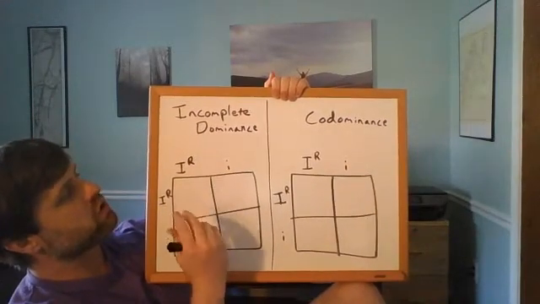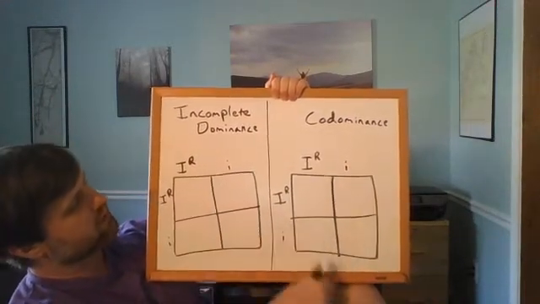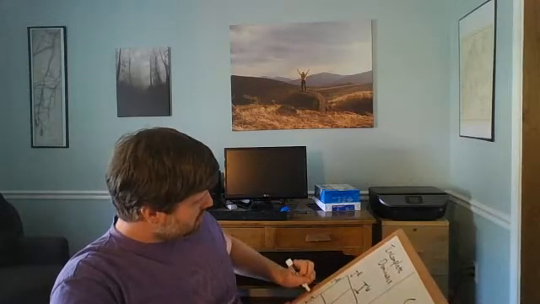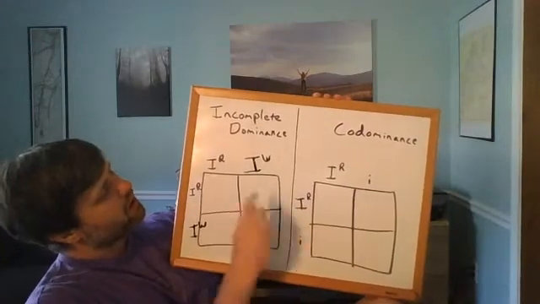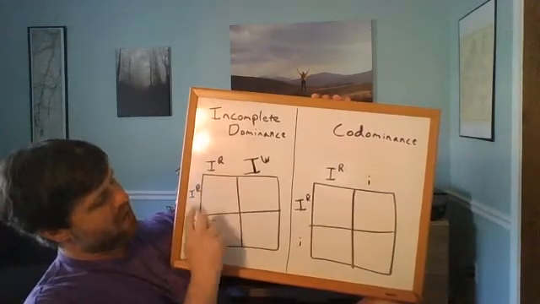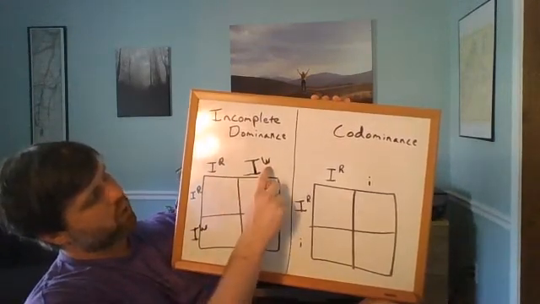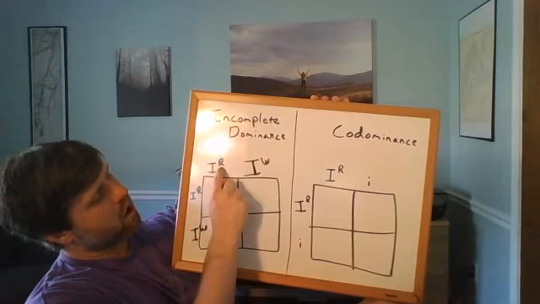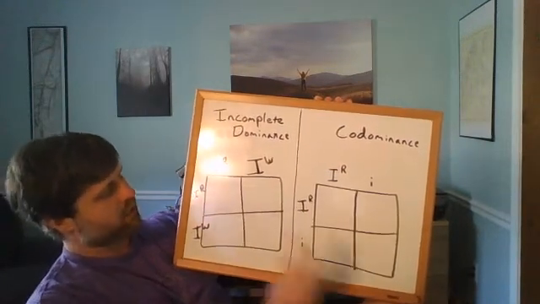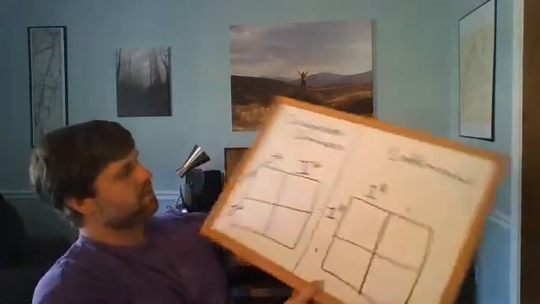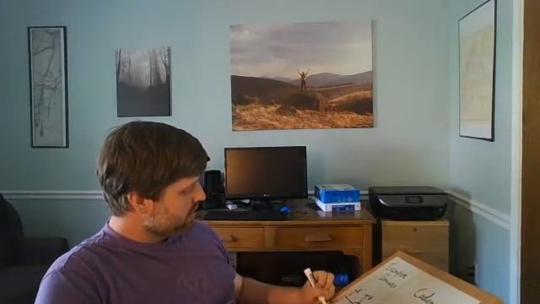Now, there's two dominant traits. I'm sorry, let me fix that. There we go. There's two dominant traits, both of them with capital I's, and I have a W for white, and I have an R for red. And if we were to do the cross and plug these in, I'm going to end up with